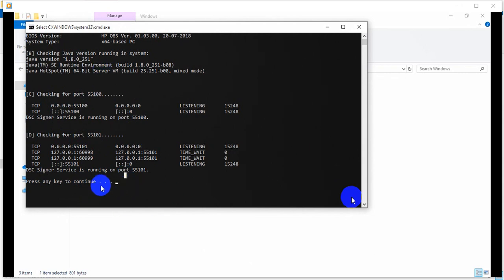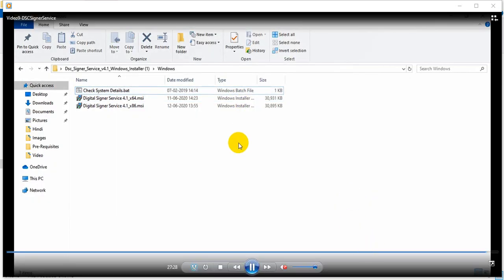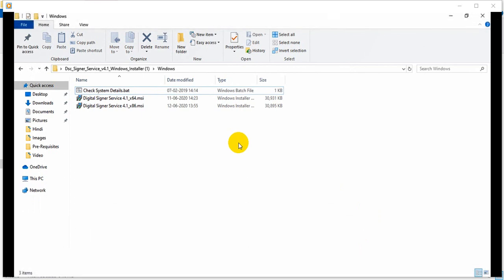So congratulations to all of you. After it is working, no issues anywhere. Now it is asking to press any key to continue. I have closed this. So I think we have completed all the required points, all the required setups, all the concerned points related to